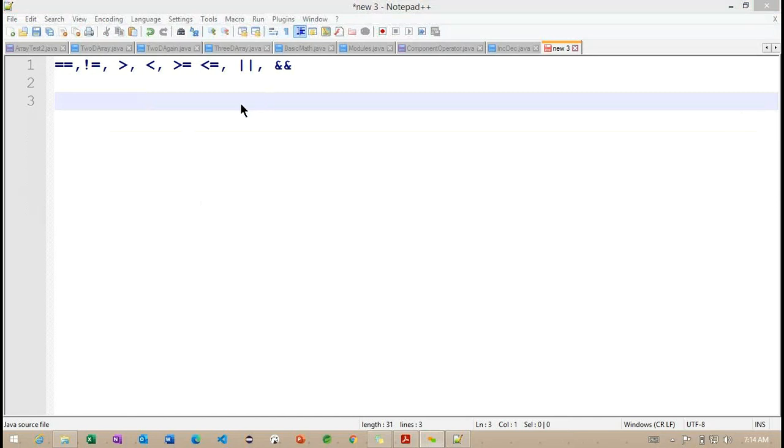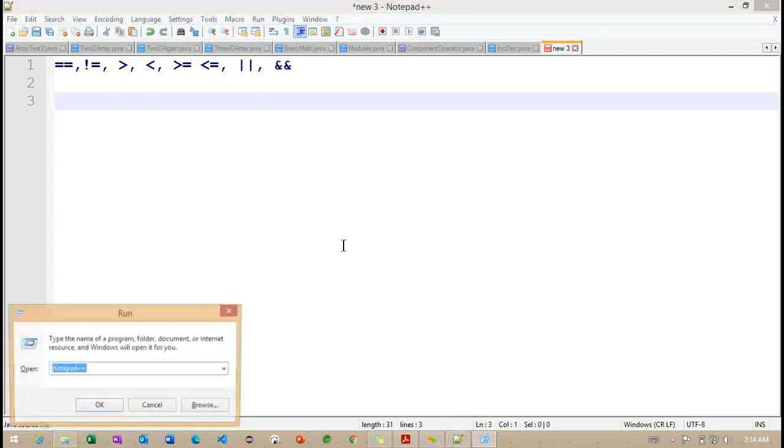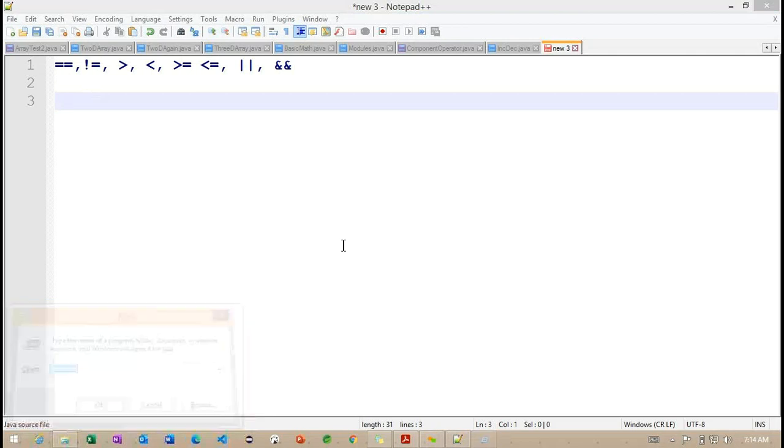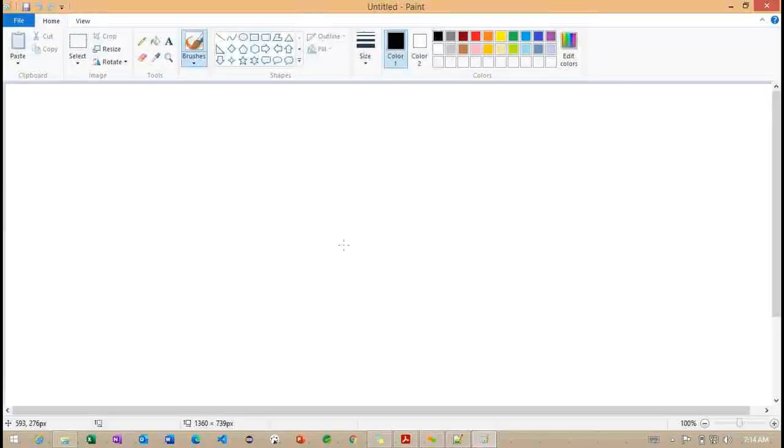Now what I'm doing here, first I'm going to define this table. This table is going to provide the information here. Otherwise, I can define it inside MS Paint.